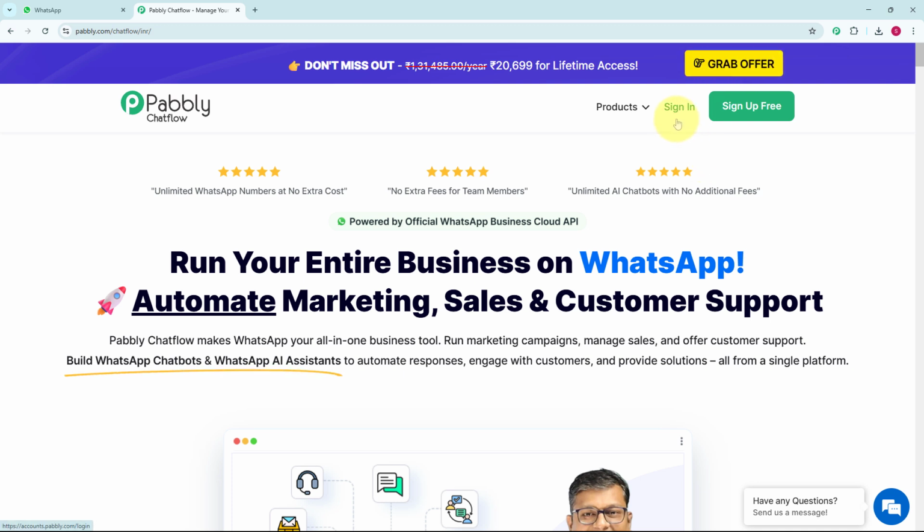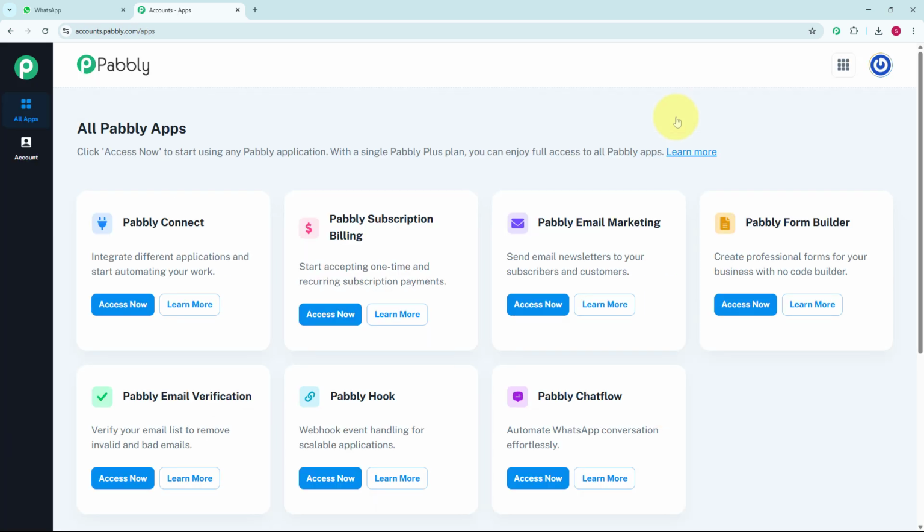we are getting 2 buttons, that is sign in and sign up free. If you are a new user, you can just click on sign up free, but if you are an existing user, you can click on sign in. But as I have already an account on Pabbly, I will just click on sign in. Once you finish your sign up, you will get this all Pabbly apps page, and here you can see these